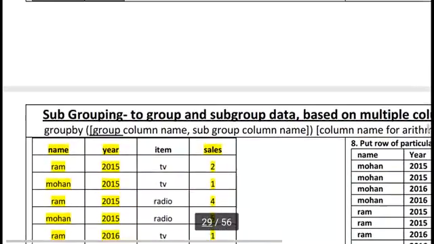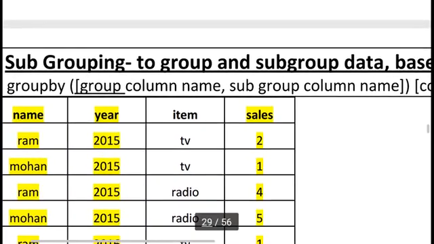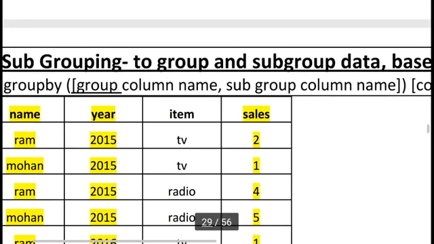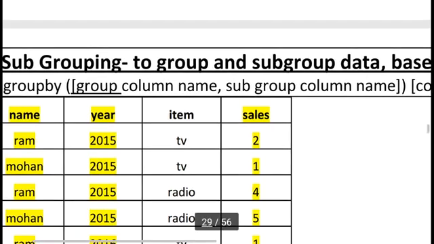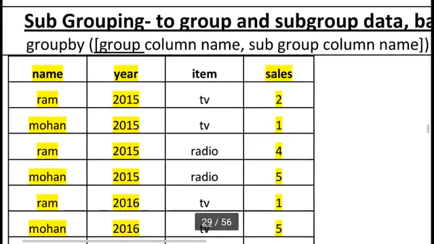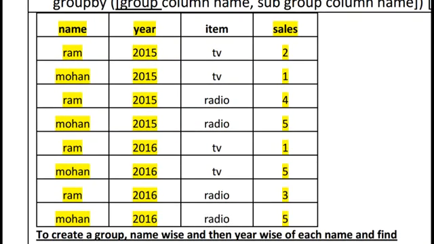So the syntax is all the same. Here 4 things. Last time in groupby we always used 3 things, but in subgrouping one more thing is added: 4 things. Grouping column, then subgroup name, then select a numerical column, then select an arithmetic operation. So here one thing is added, the new subgroup name. I am taking the same example here. Here I am taking name wise, then for every name I want to subgroup year wise, then I want to see the sales analysis.